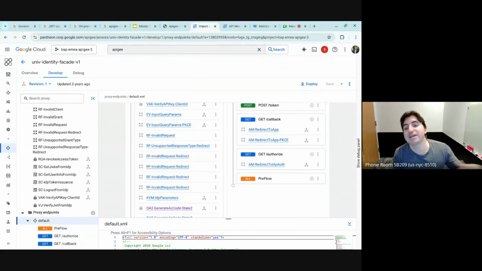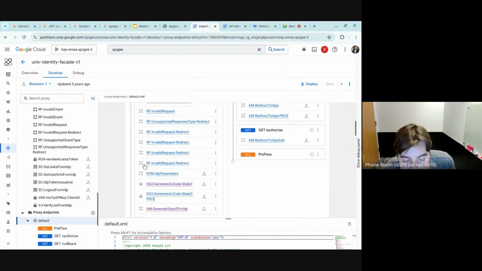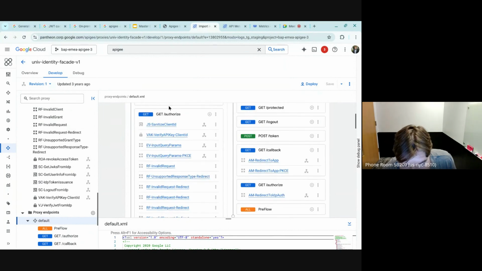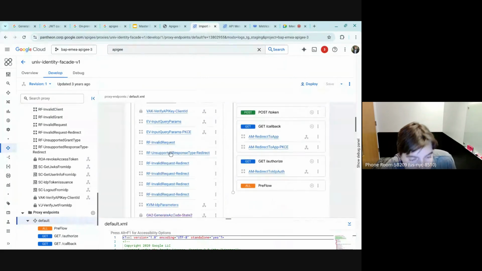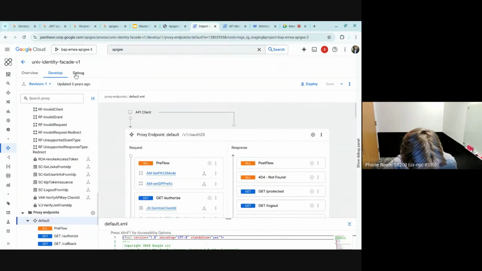So if you want to implement PKCE, we can deal with code verifiers and code challenges. If you just want to do your typical 3-legged OAuth dance, we can do that as well. All it's doing is logically storing that information so it can verify it later. Assuming you get a token, it's going to cache it so that it can verify it further upstream. And we'll talk about token caching in a second.